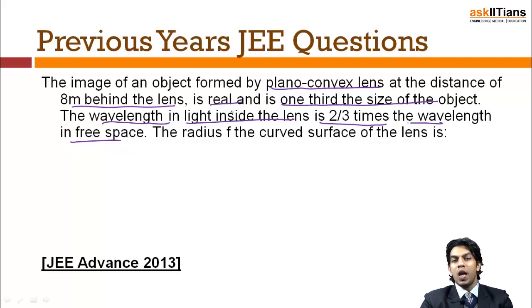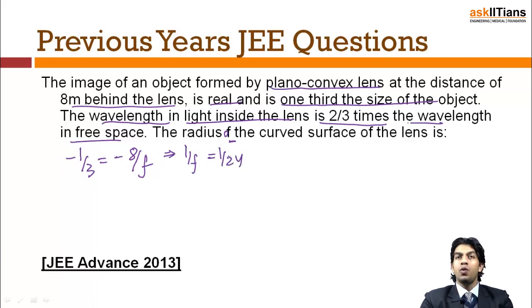The radius of the curved surface of the lens is to be found. So going by the prior information which I already have, that is 1 minus 1 by 3 is equal to minus 8 by f. Relating the magnification, this implies 1 by f is equal to 1 by 24. My focal length is 24 meters. Now using the information related to the refractive index and putting it in the lens maker formula,